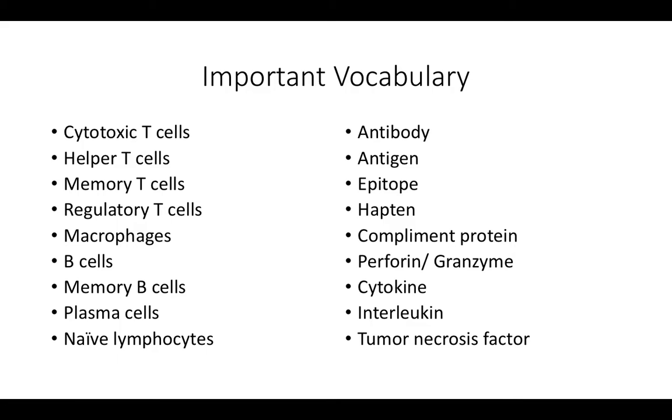Memory T cells are responsible for the remember step in cellular immunity. Regulatory T cells are involved in downregulation of T cells. So after we've defeated a pathogen and we don't need this immune response anymore, regulatory T cells are what are going to stop the secretion of cytokines and stop the production of T lymphocytes so that we don't get damage